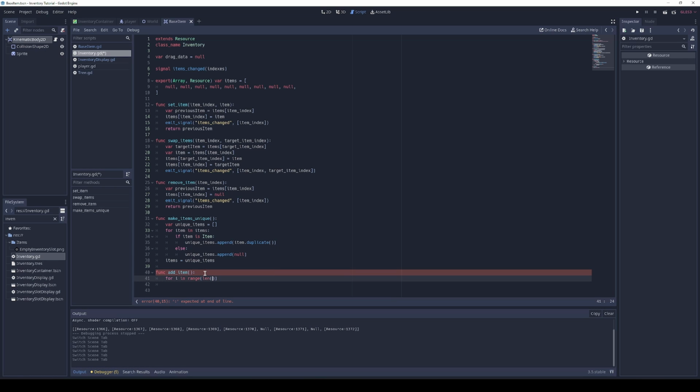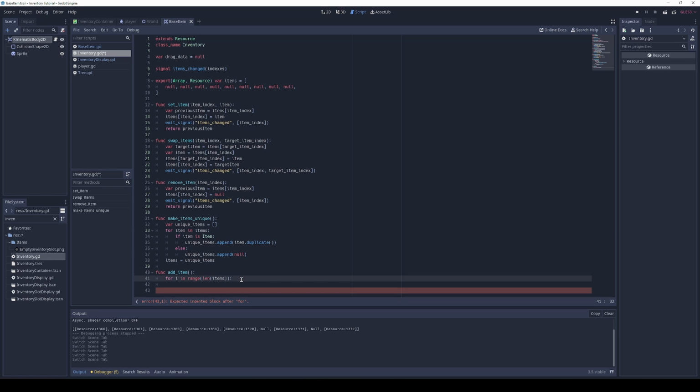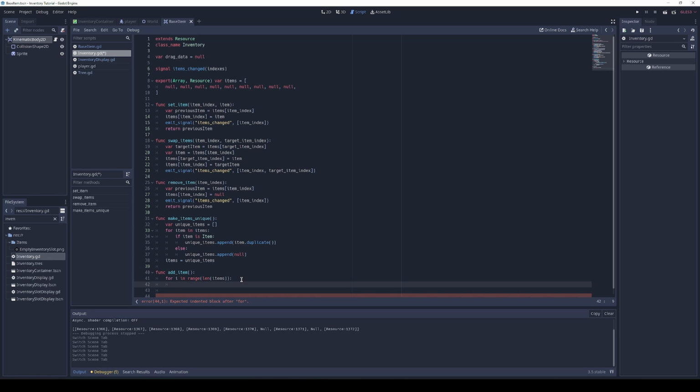Oh wait, we are in the inventory. So for i in range len items. Alright, so we're gonna loop through items. Here i is just gonna be a number that counts up, which is which number slot you're on. Alright, and then we're gonna do if